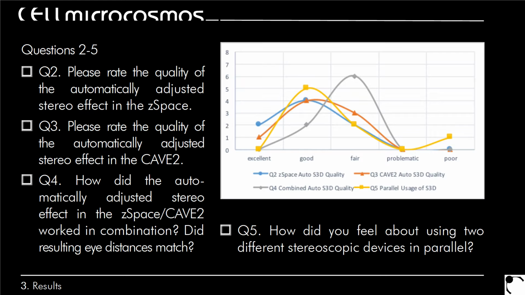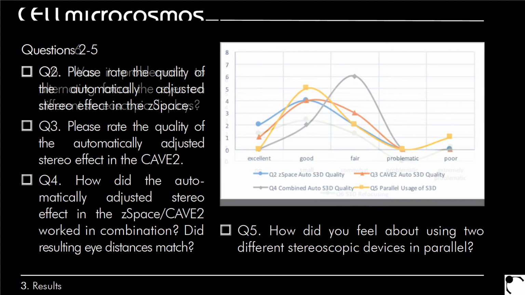Then you see here, very important, the parallel usage of the stereoscopic effect. Most of them said it was very nice, but we had here one outlier, and this was actually what you always experience if you do stereoscopic experiments. So as I said, it was quite demanding. You had to change the stereoscopic effect about 1 hour. And this person here got really headaches from that because he always had to change the view. He tried to reach an optimal configuration, and this was quite demanding. So in this case, for this guy, it was really too much.